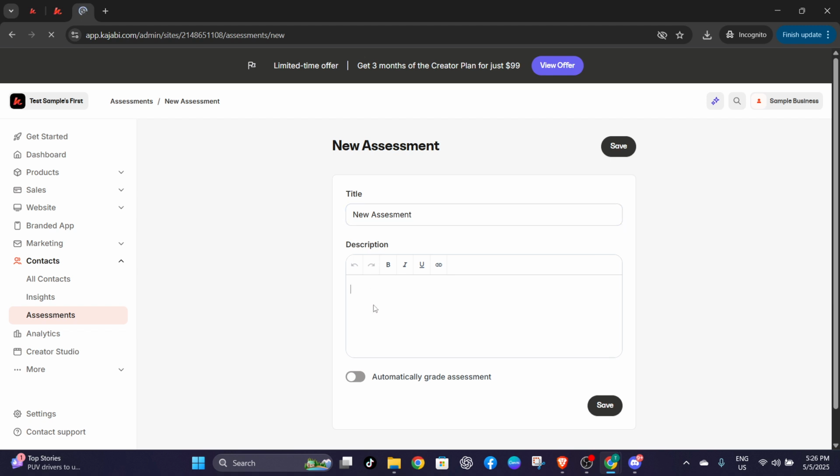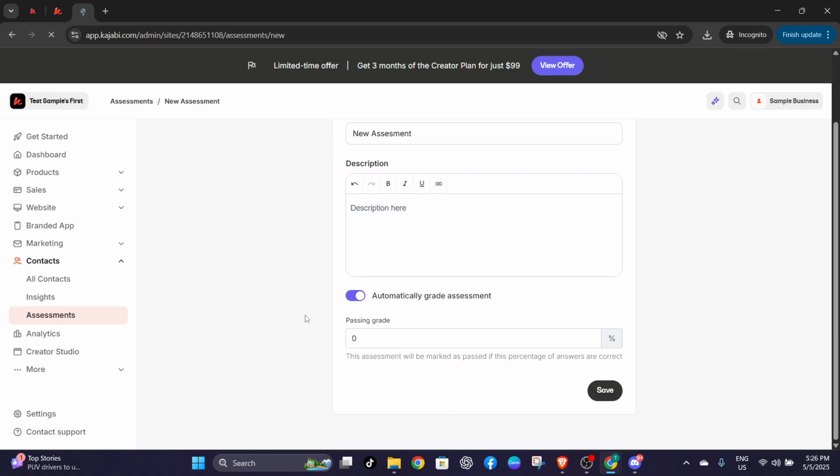Additionally, Kajabi provides you with the option to enable automatic grading. This feature can be really useful if you want to streamline the evaluation process. You can turn this option on or off depending on how you prefer to manage your assessments. When you're satisfied with the details you've entered, it's crucial to remember to click Save. This ensures all your settings are secure and takes you to the next step where you can start adding questions